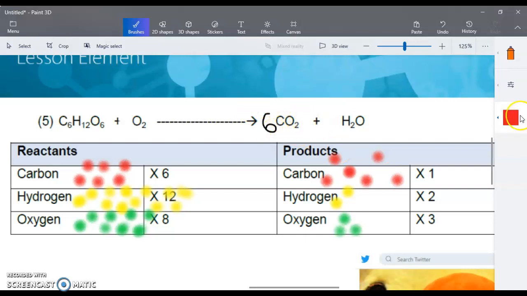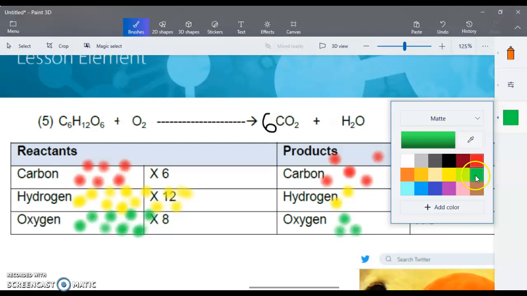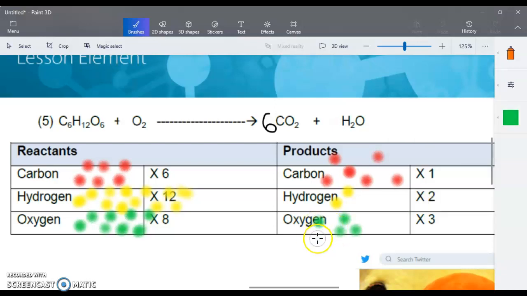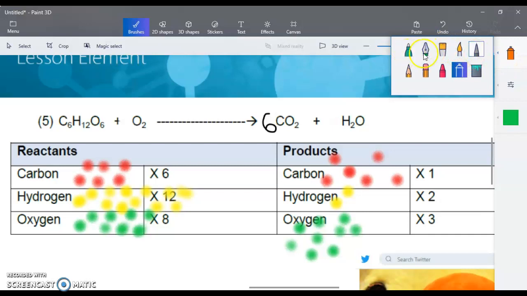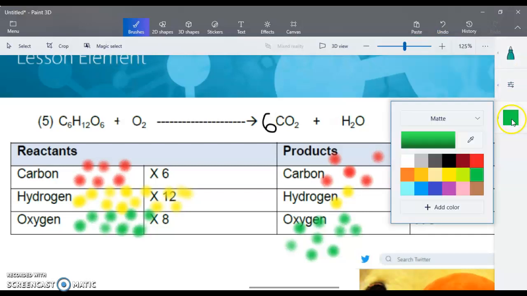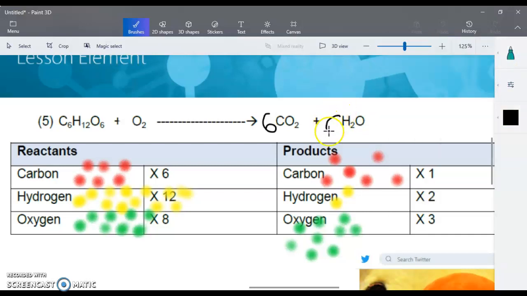And now we've got 6 times 2 is 12 oxygens, okay? So we go back to the oxygens. 1, 2, 3, 4, 5, 6, okay? If you continue doing that, then what you will find and end up with is you'll find it all balanced if you put 6 there and 6 there. Okay? So good luck with that. Have a look at it and let me know what